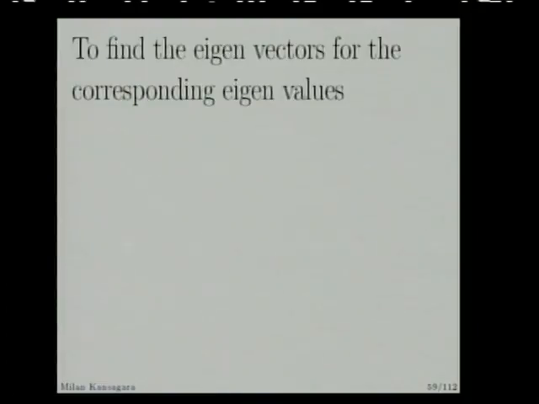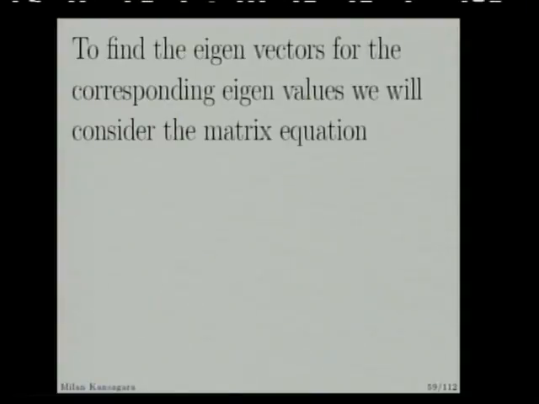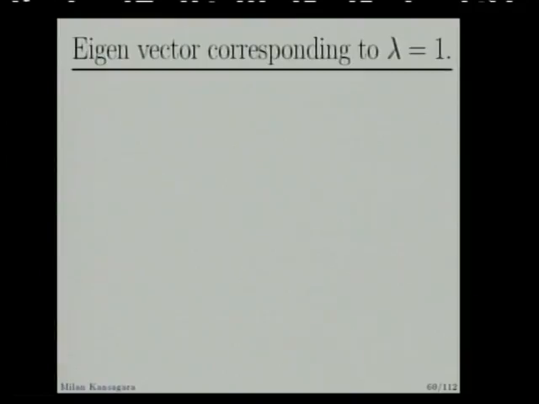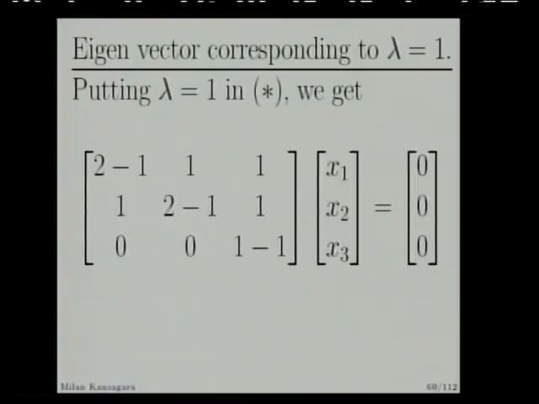To find the eigenvector of the corresponding eigenvalue, as we have proceeded, (A minus lambda I) x is 0. So we have this matrix equation. Now put lambda equal to 1 to get the eigenvector corresponding to lambda equal to 1. So put lambda equal to 1 in star. So we have this. On simplification,